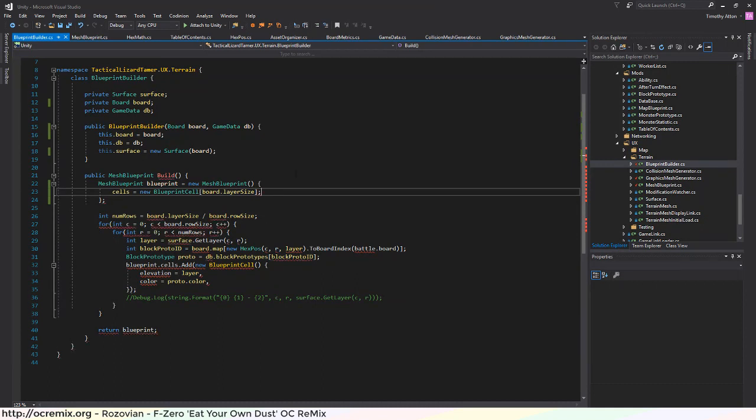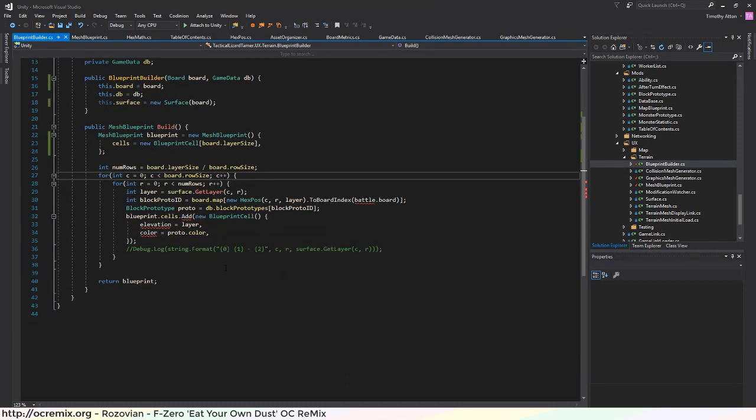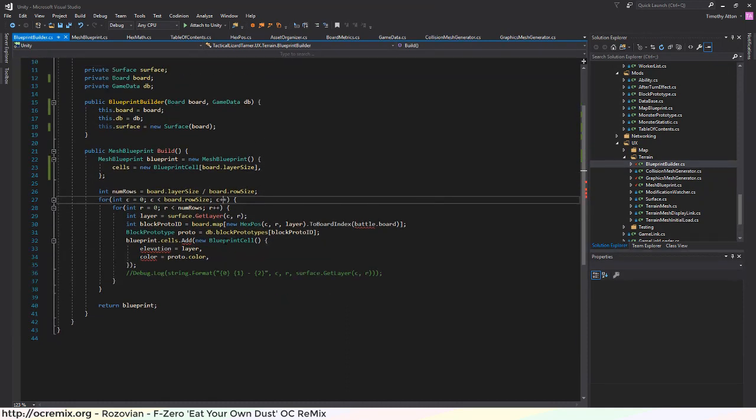Or one cell is the same number as the layer size. Okay, now here it's going each column and each row. I guess that's fine. Not super needed at this point, but